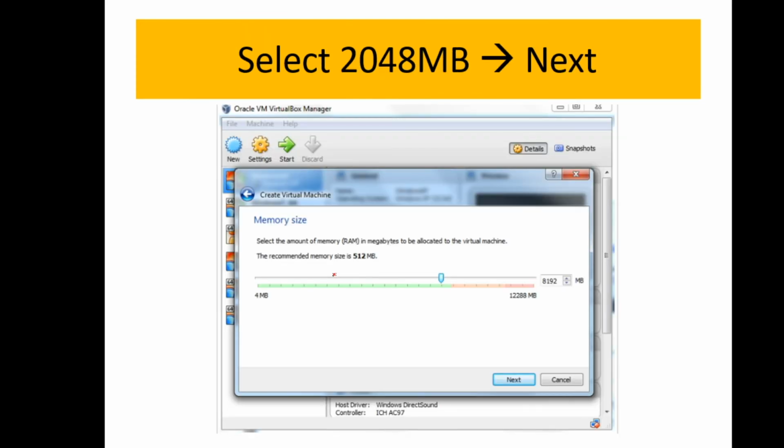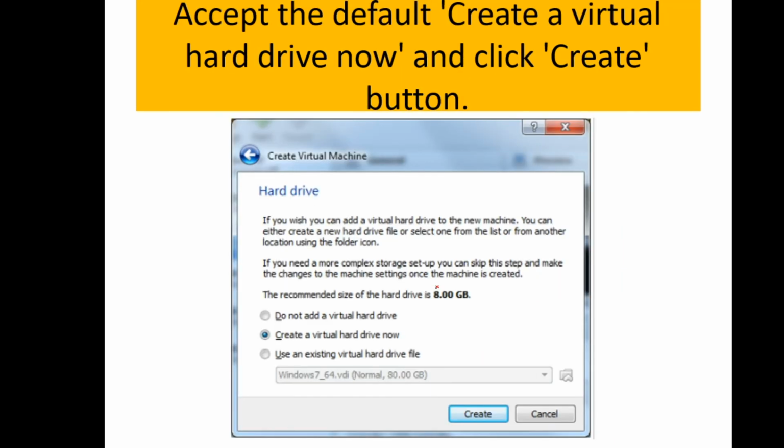Here we need to configure the amount of RAM in terms of megabytes. The advisable size is 248 MB, which is the recommended one. It was said that 512 MB is more than enough, but in order to create bigger floppy images, we are just using 248 MB. It is a slider, so you can slide it to our required MB selection. Then you just click next.